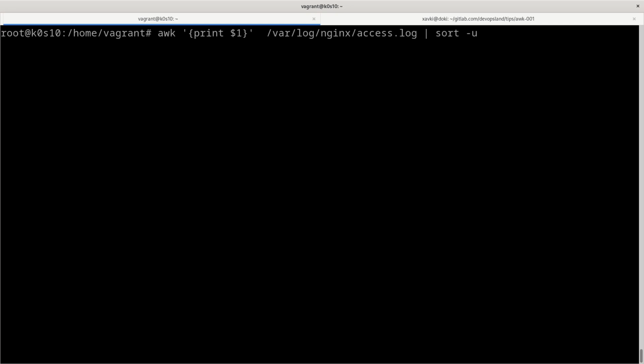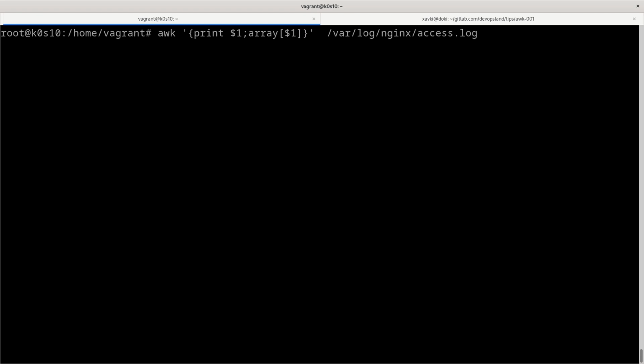To do that with Awk, it's a little bit more complex, but it's easy to do. We want to create an array, and in this array we want to push the IP. By default, when you use an array, usually you use 0, 1, etc. But in our case, we want to create a key for this array, an index, with the IP, $1.